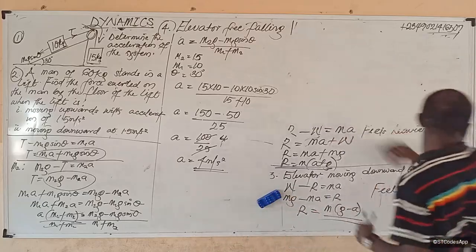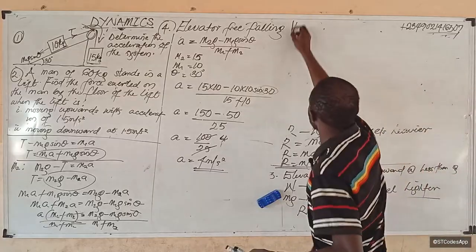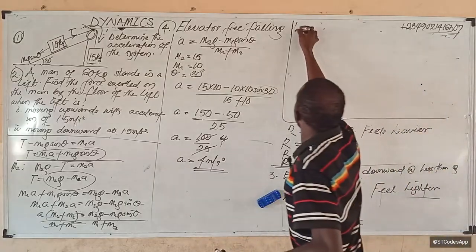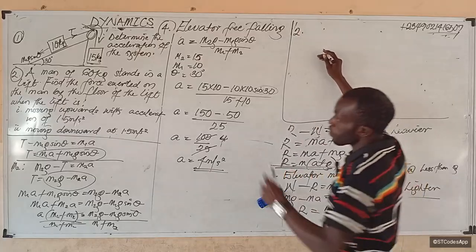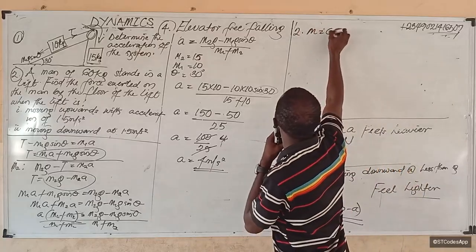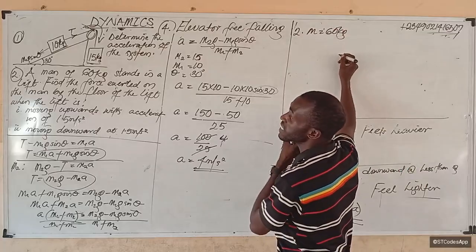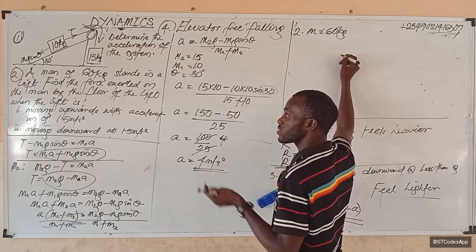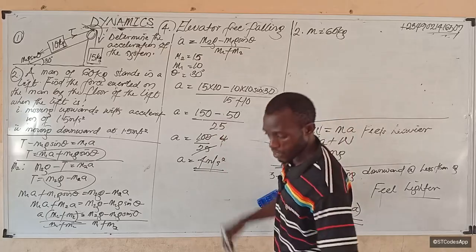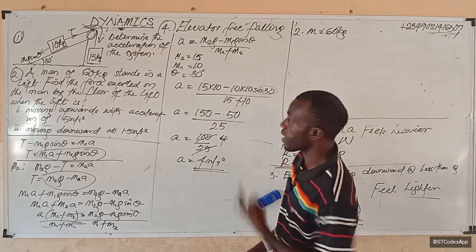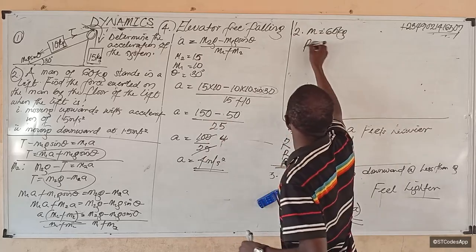For the second question, it says that a man of mass 60 kg stands in a lift. Find the force exerted on the man by the floor. So the floor is exerting force on the man. What is that? Normal reaction. So R will be equal to,